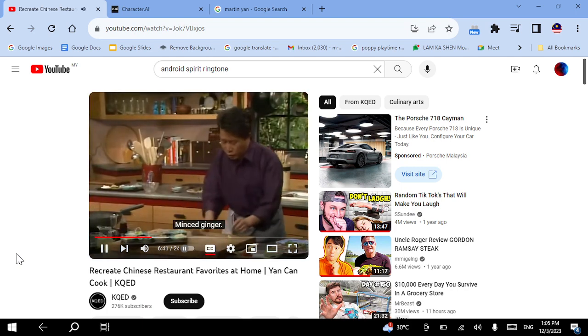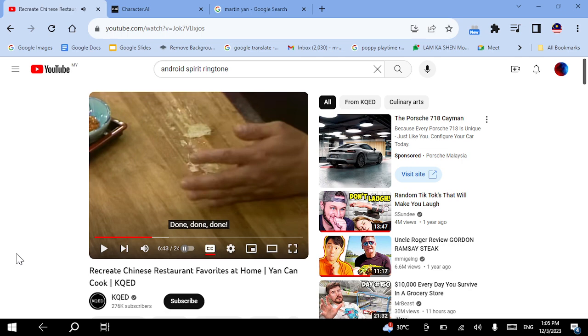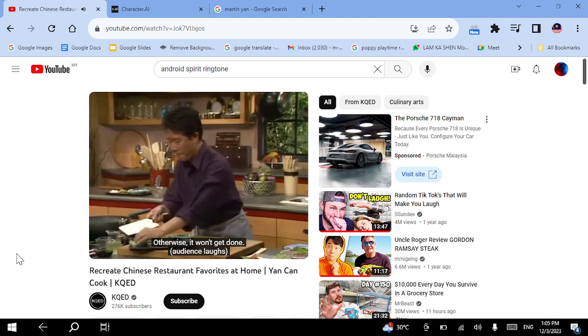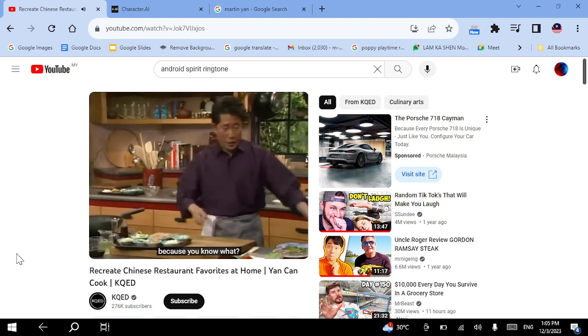Minced ginger, done. Whoa. Impressive. You gotta say done, otherwise it won't get done. And then when it's all ready, I'm gonna set this aside and get ready,